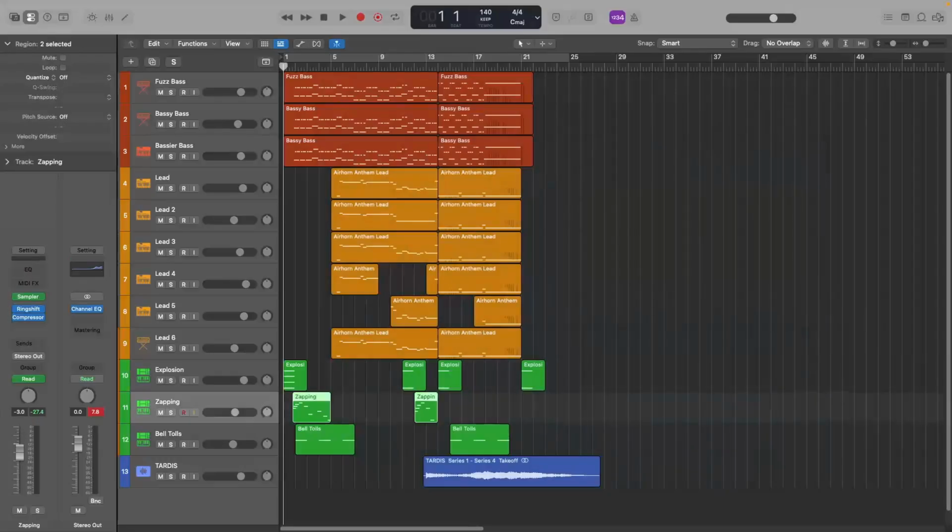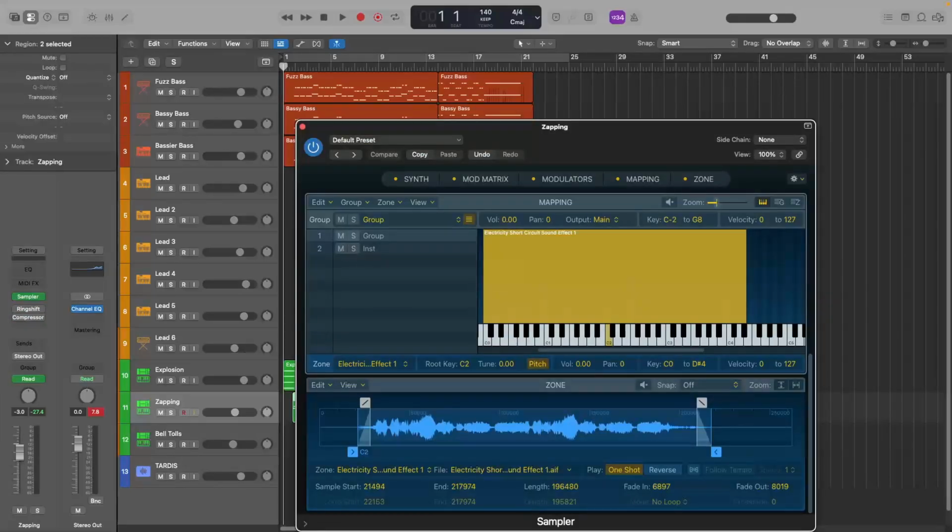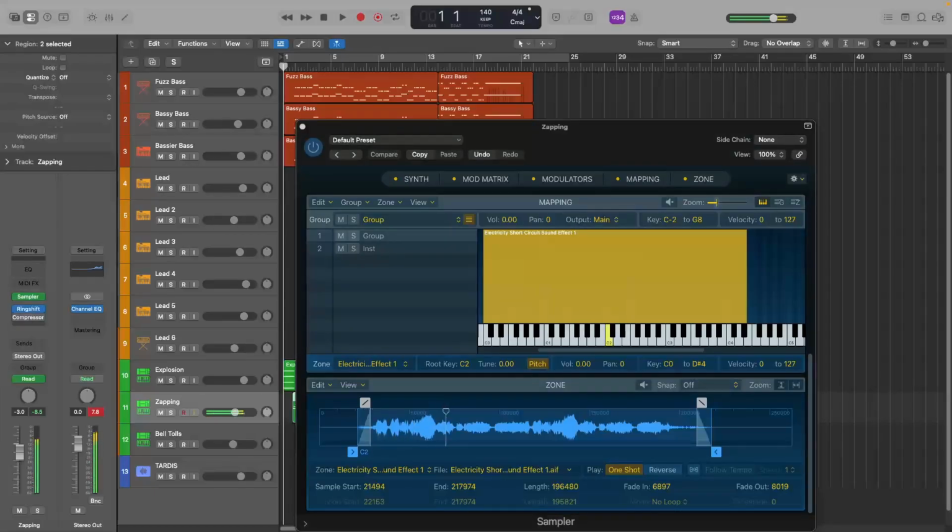Then we come on to zapping, which if I take the ring and the compression off, is just some electrical interference. It's just that sound, it's a wire short-circuiting. You add a bit of ring shift to it. Now it sounds a lot more alien, wibbly, and in the same technique of the compression of using it as a pumping kind of tool, just to even the peaks out a bit. And then I play random notes, and it really gives it this